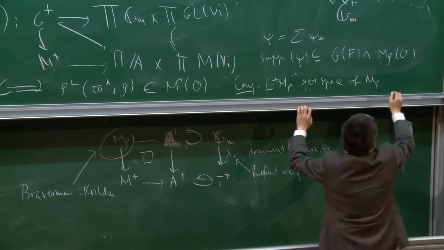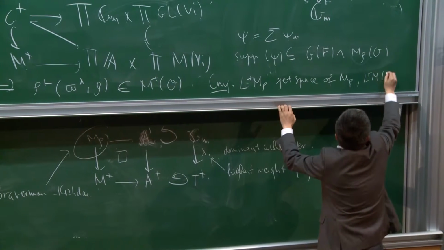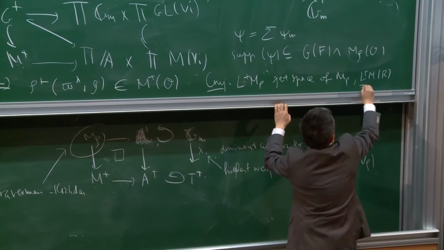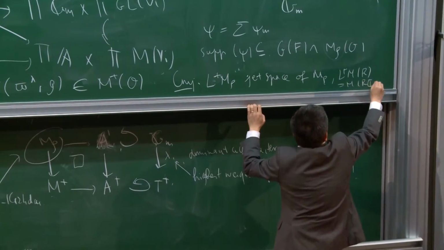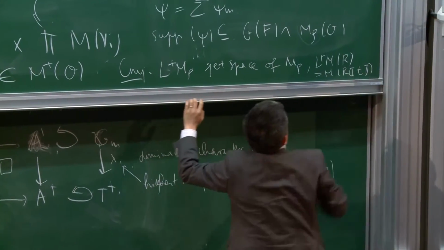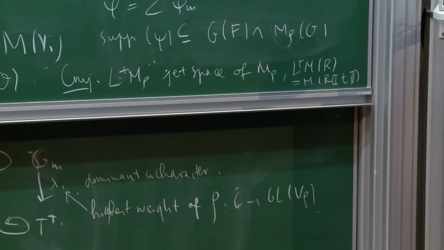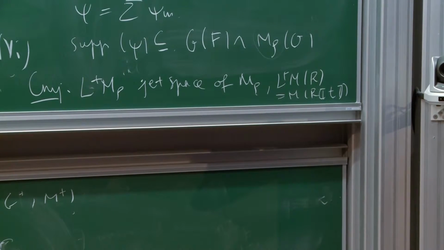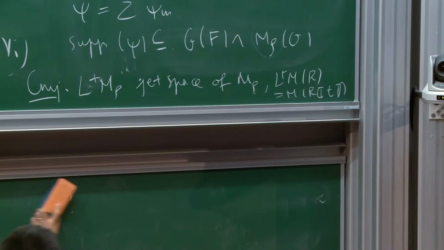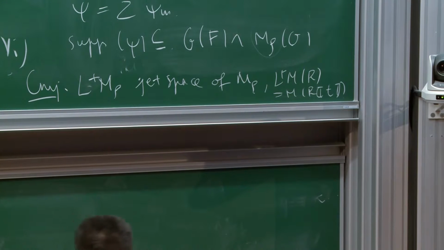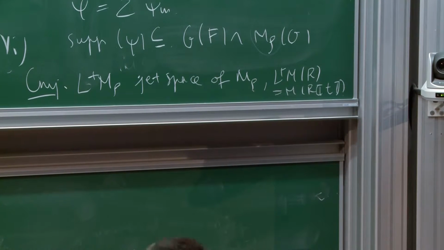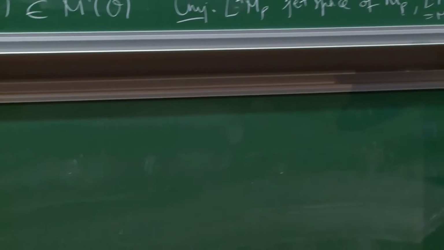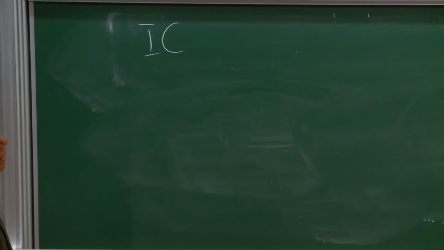So it's defined by the fact that a point on this is a point with values in the formal series on M. And one can ask about the IC sheaf of this on L^+M. Well, this can be defined, but